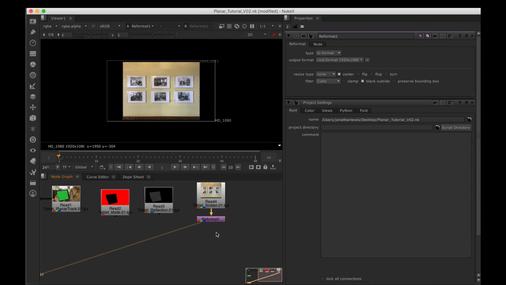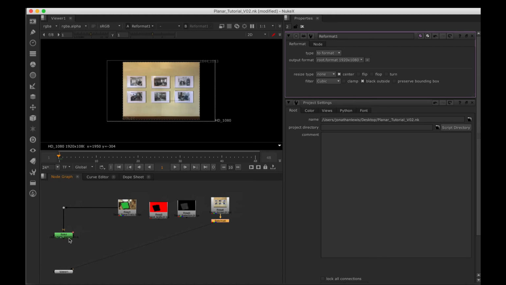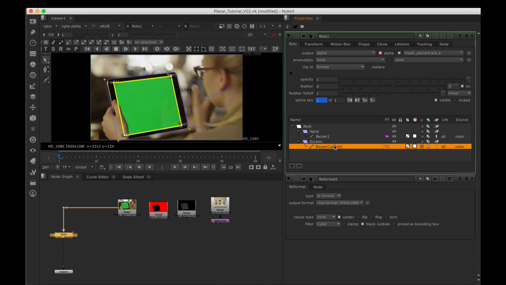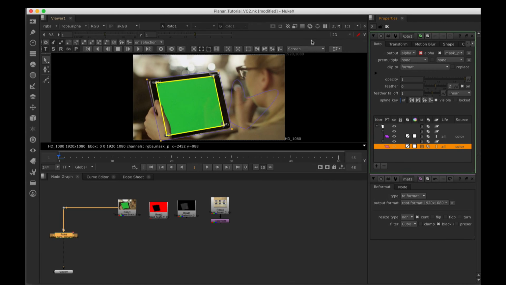All right. That being said, let's go ahead and extract our track from our planar. So here's our planar. We want to select it, make sure it's highlighted, and we want to export the tracking data. So we're actually going to do that right over here to the very far right in your planar tracking properties in the viewer. So if we go here, you can see we have a few different things that we can